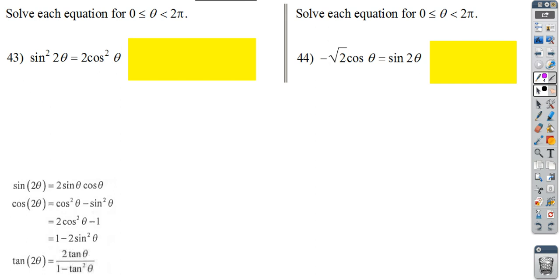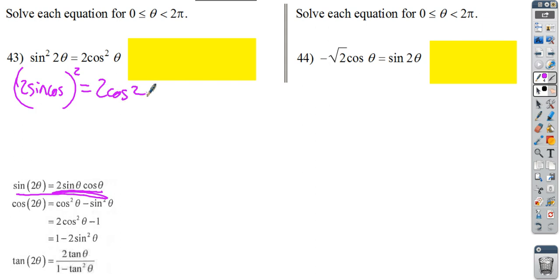Alright, so continuing with section 13.5, these are more double angle identities, but we'll also be able to see some of the other strategies. So let's do 43. So sine of 2 theta, there's an identity for that. It's this one right here, and we're squaring it. So that means sine of 2 theta is this, and it needs to be squared, and it's equal to 2